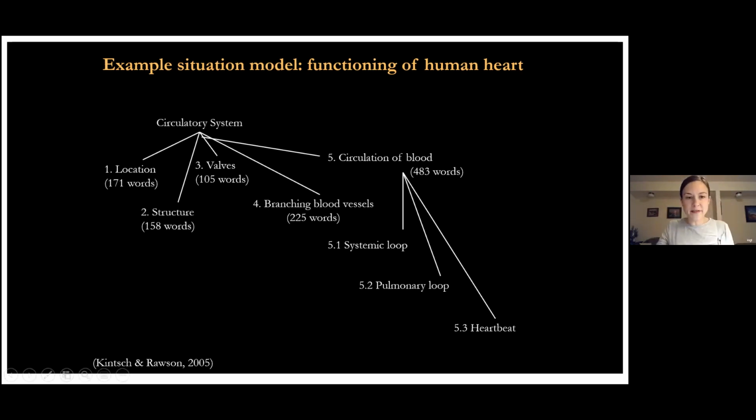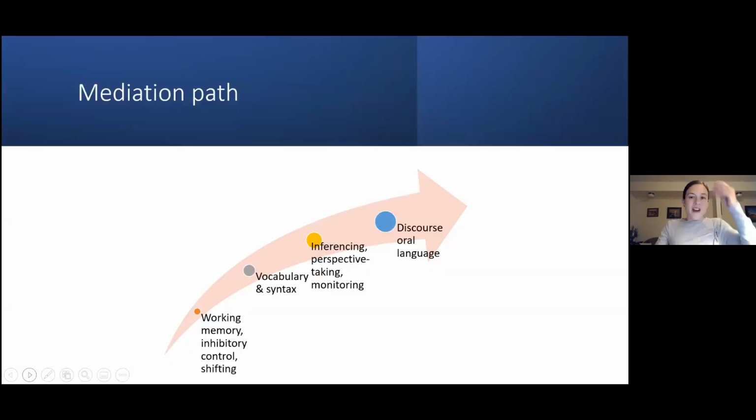So that's inferencing. We're either explicitly making those connections from the text and when we're writing the text, or we're implicitly creating these connections. And the more we do this, the better our comprehension is. The more we do this in our writing, the easier it is for other people to understand when they're reading. So it's definitely a key piece of both reading and writing. Okay, so that's inferencing in a nutshell.